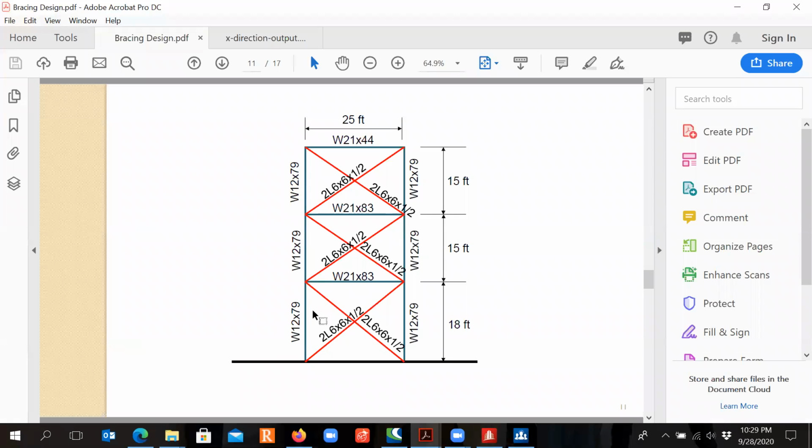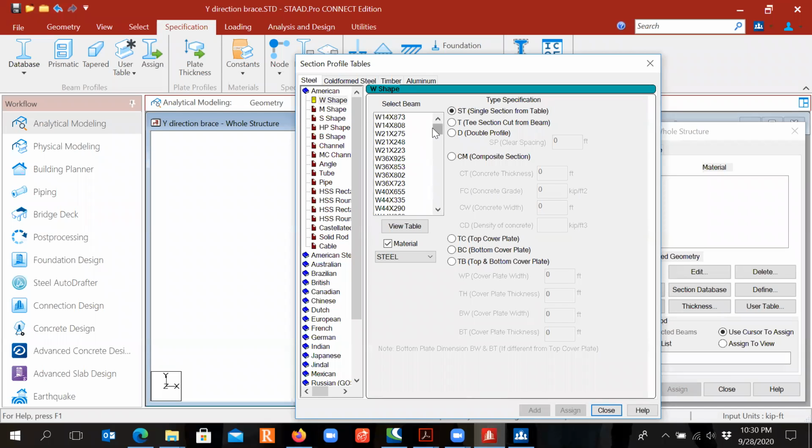I will use W21 by 83 for the girders and W21 by 44 for the roof girder, W12 by 79 for the columns, and for diagonals, use double angle 6 by 6 by 1/2. So first select W21 by 83. Then select W21 by 44, W12 by 79,